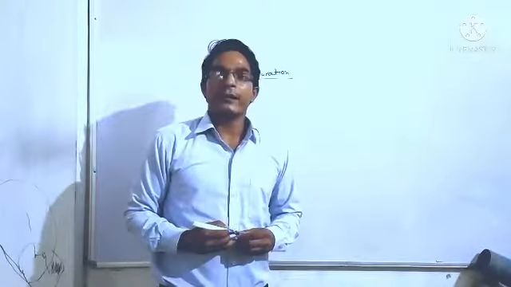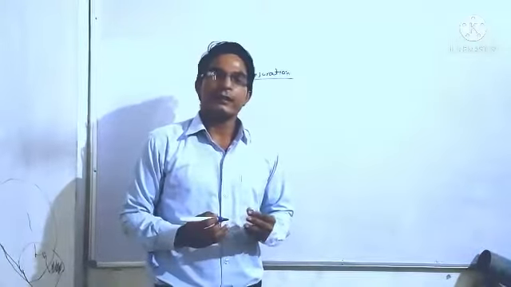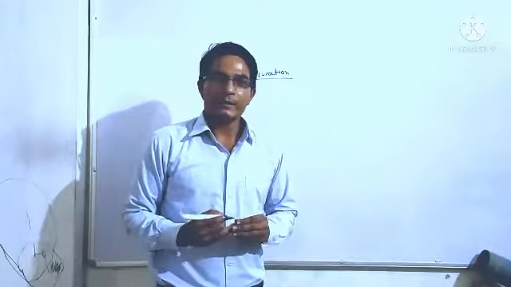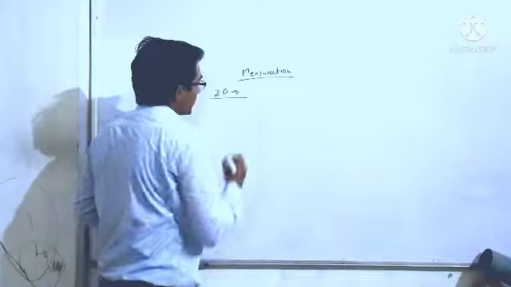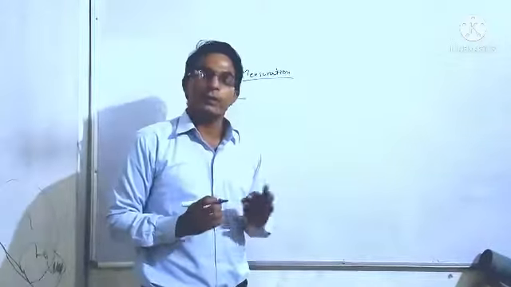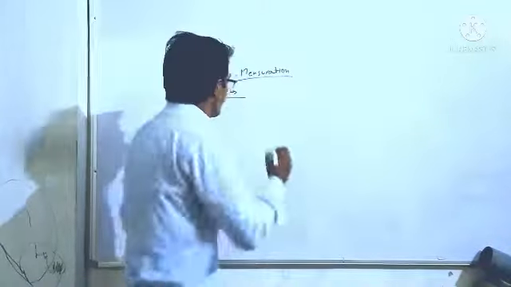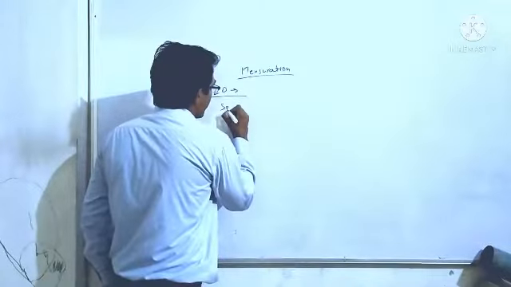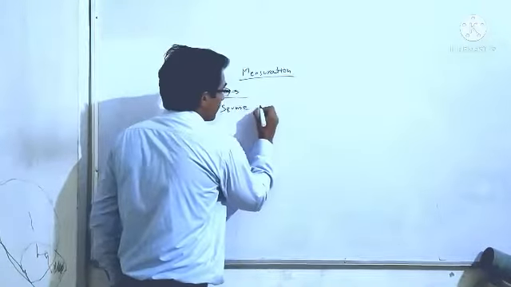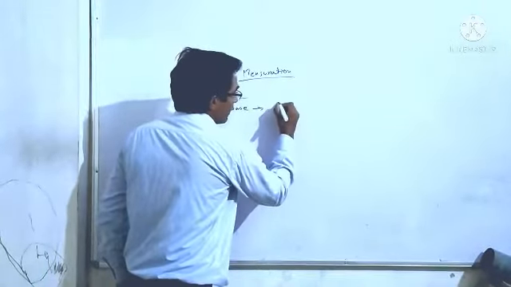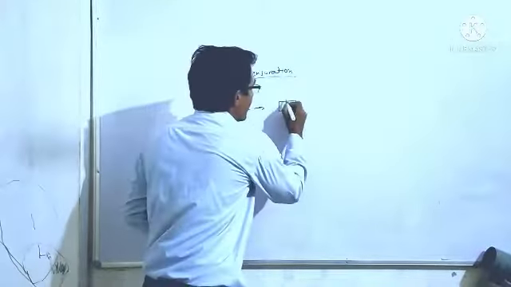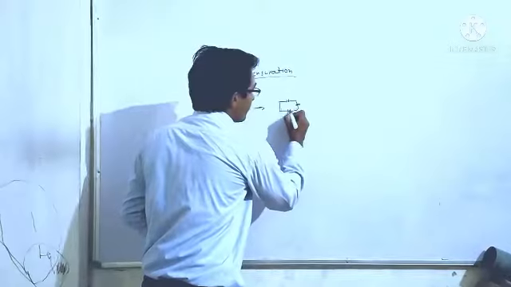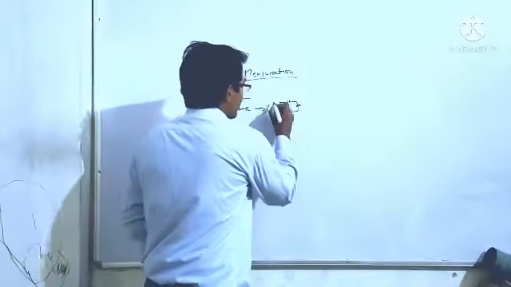Basically mensuration is a very wide topic, in which we consider only two-dimensional shapes. Two-dimensional shapes are those which have two dimensions, length and breadth. So first of all we will consider only the square. A square is a shape which has all four sides equal.